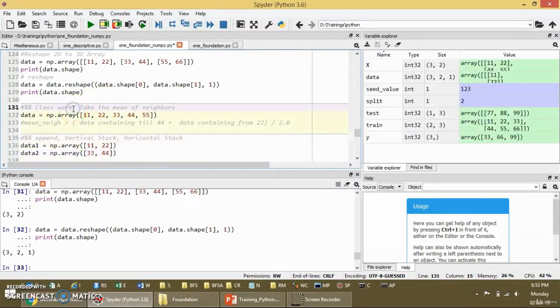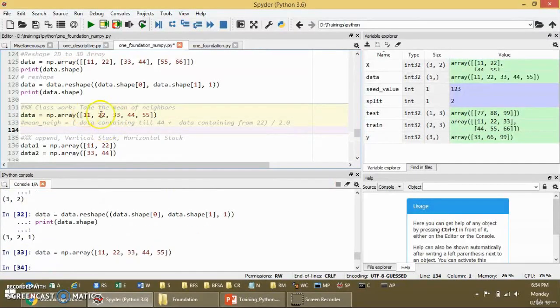Now let us do a little bit of classwork. You can pause the video and do one classwork where you have to find the mean of the neighbors. What is the meaning of mean of the neighbors? This is the data you have, line 132. You have to figure out what the mean of the neighbors is. What it means: 11 plus 22 divided by 2. What is the mean? And then 22, 23. Please see how you can do it. And if you find difficulty,